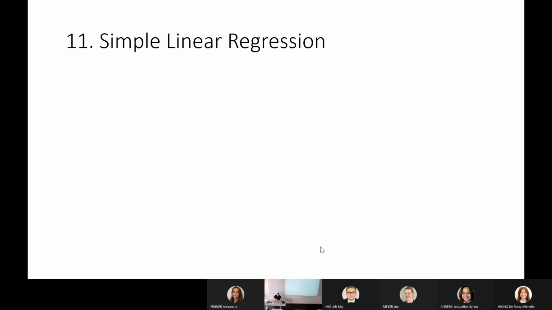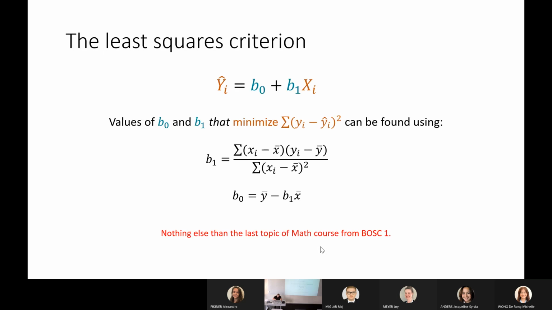Then we will move on to simple linear regression. We have 3 regressions that we will see today. The goal of the regression is to be able to make predictions based on past data. We have a least squares criterion, which is the base of the simple and of every regression actually, because this will give us our R square, right? When we write a linear function,